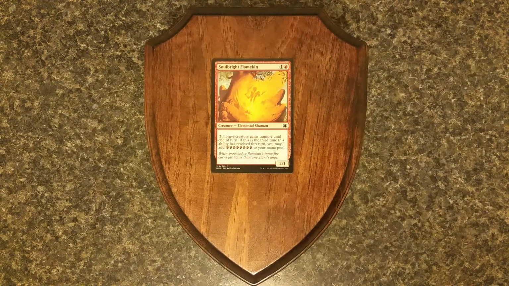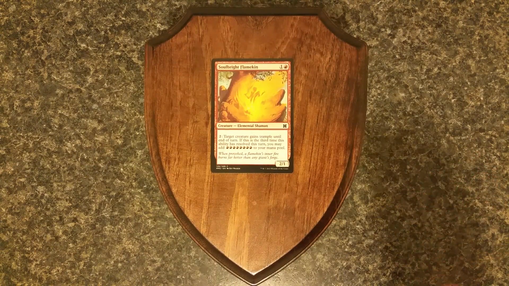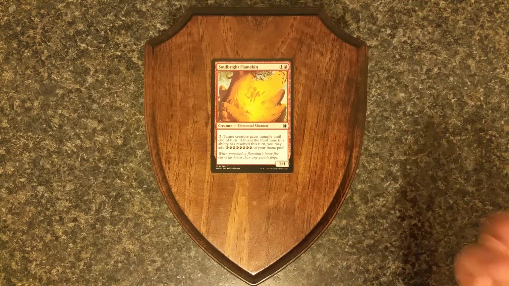Soulbright Flamekin. For one red, the Soulbright Flamekin is a 2/1 elemental shaman. It has the ability that you can pay two colorless mana to give target creature trample until end of turn. But the added effect is that if this is the third time you've used it this turn and it's resolved, you may add eight red mana to